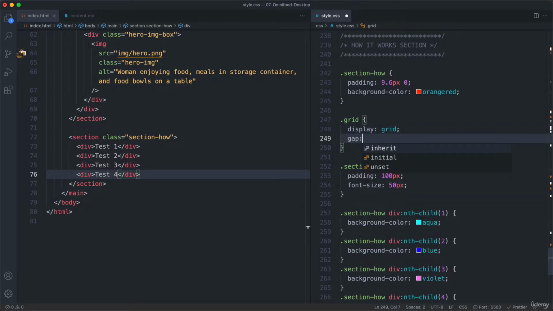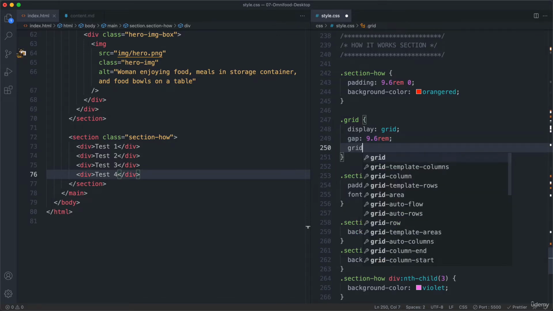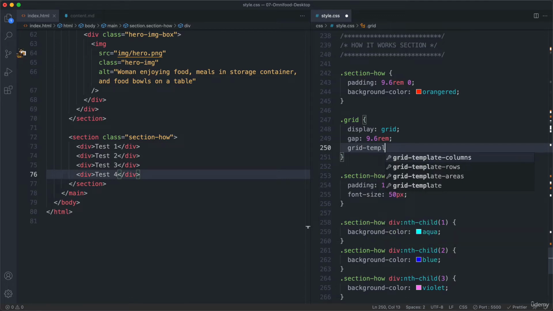And let's also add some gap here. Maybe, again, 9.6 rem. And here, it needs actually to be rem as well, of course, not pixel. And I said that I wanted a 2x2 grid. So that means 2 columns. So grid template columns. And so let's actually use the repeat function and then saying that we want 1fr twice. So remember that this is the exact same thing as writing 1fr, 1fr, right? Okay, and so this now we can add here,